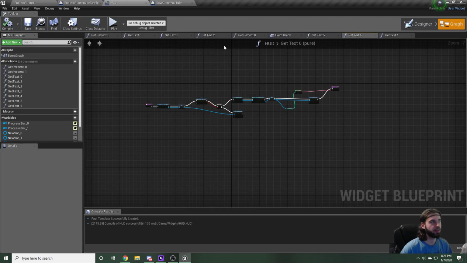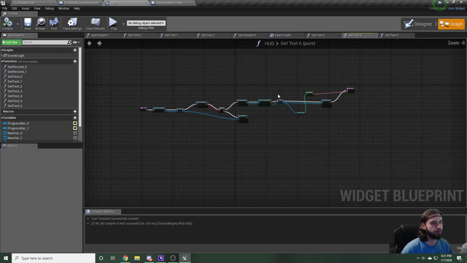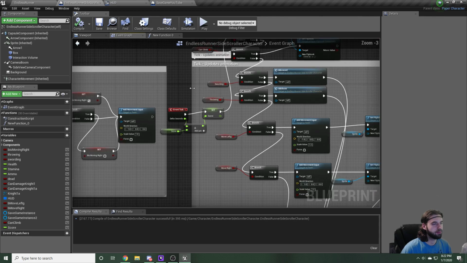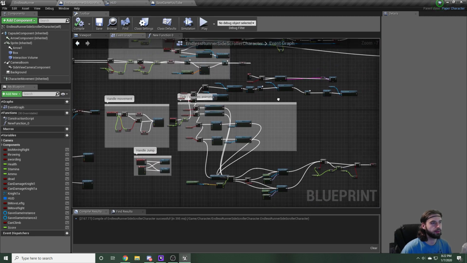So to do that, we're going to navigate back into the HUD and highlight the code that we just created, because saving and loading is exactly the same in Unreal Engine 4. Like I said, you're going to have this on a clipboard. You're always going to be using it for everything. Highlight this big old chain of code that we created, Control C, and go ahead and hop back into our endless runner character. Navigate to the event graph, and we're looking for the reset node, the button that we press